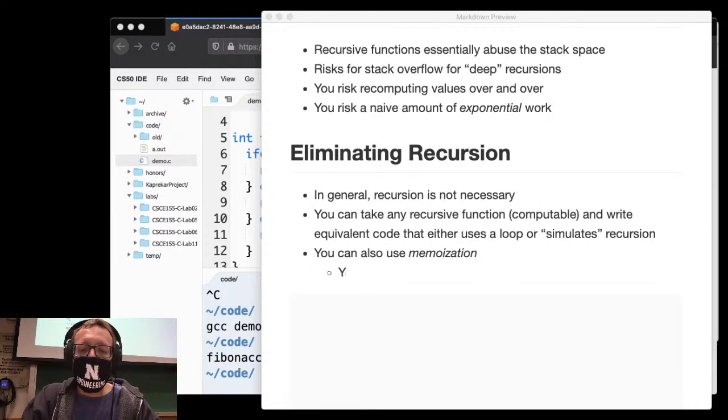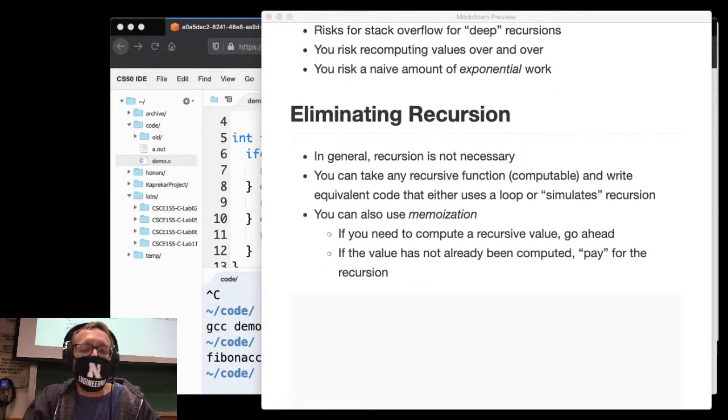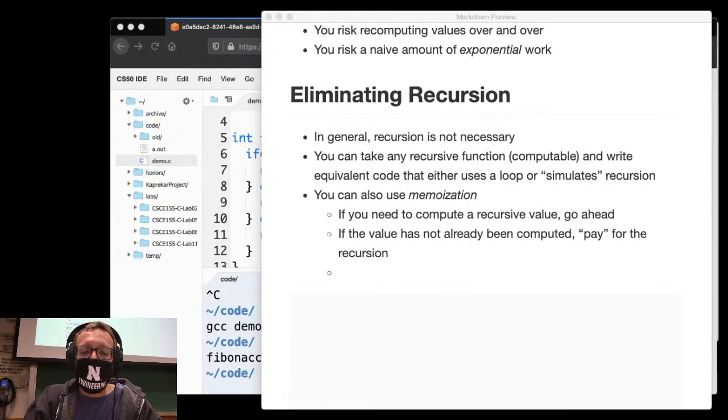If you need to compute a recursive value, and the value has not already been computed, pay for the recursion. In other words, just go ahead and do the recursion. Right? But once you have computed the value,